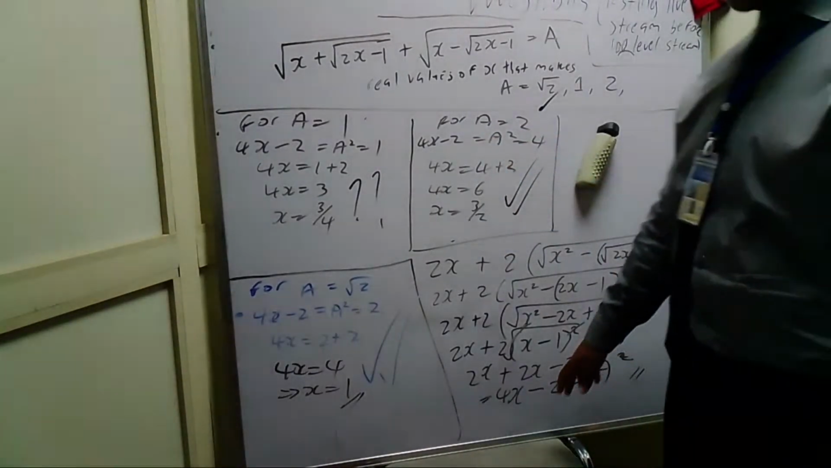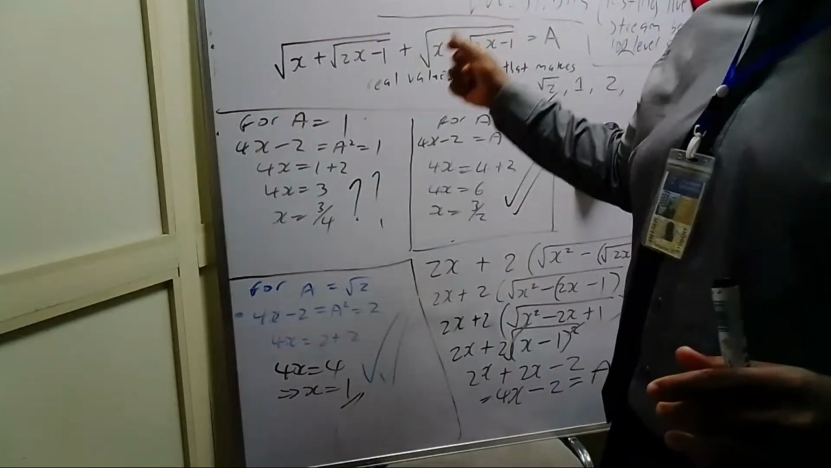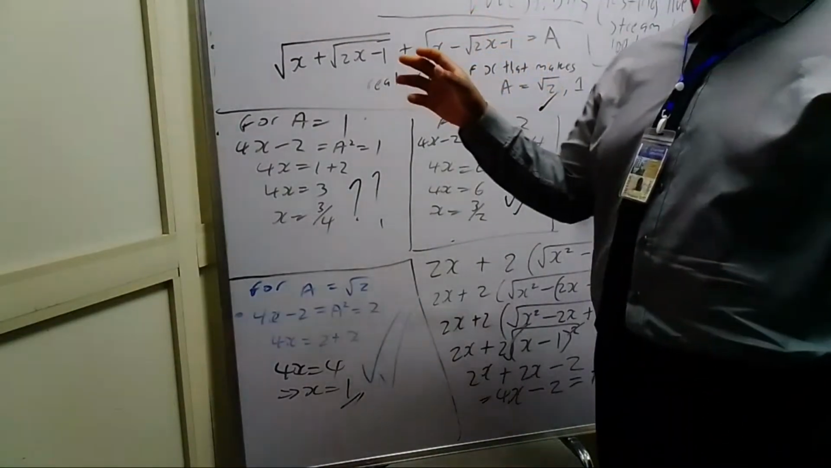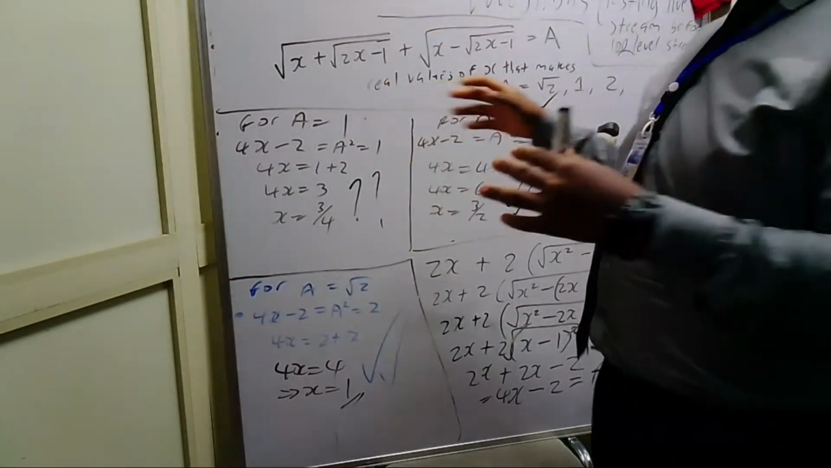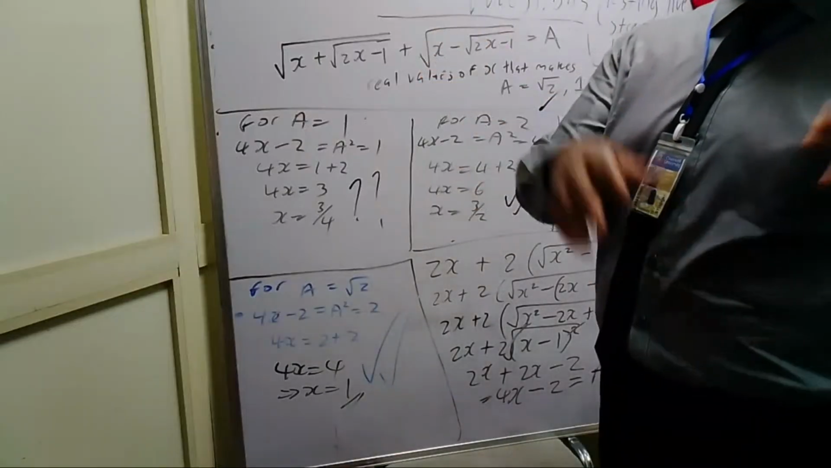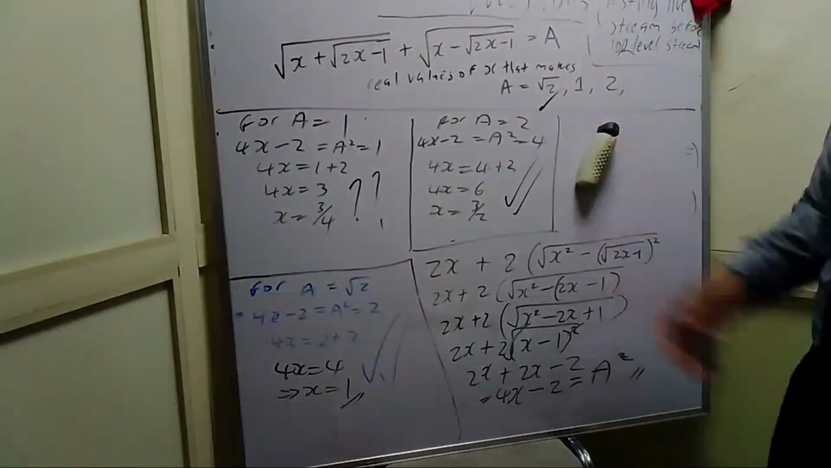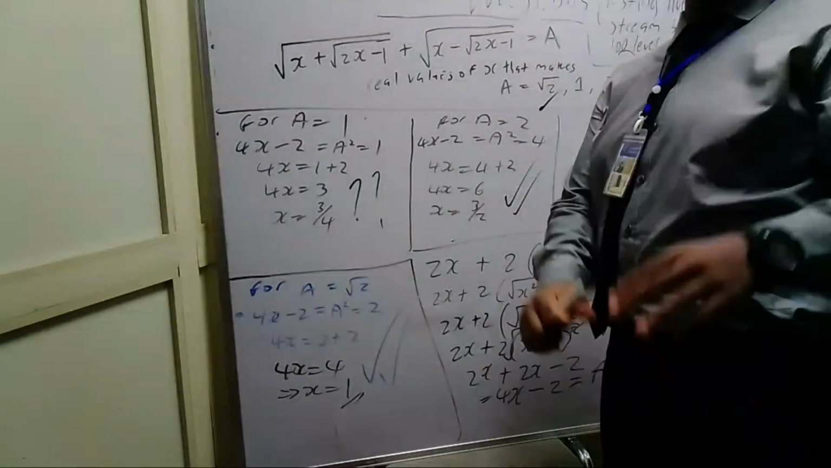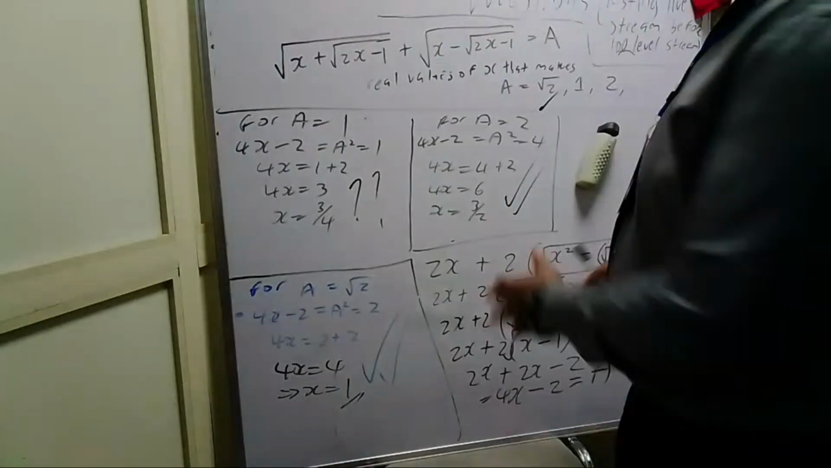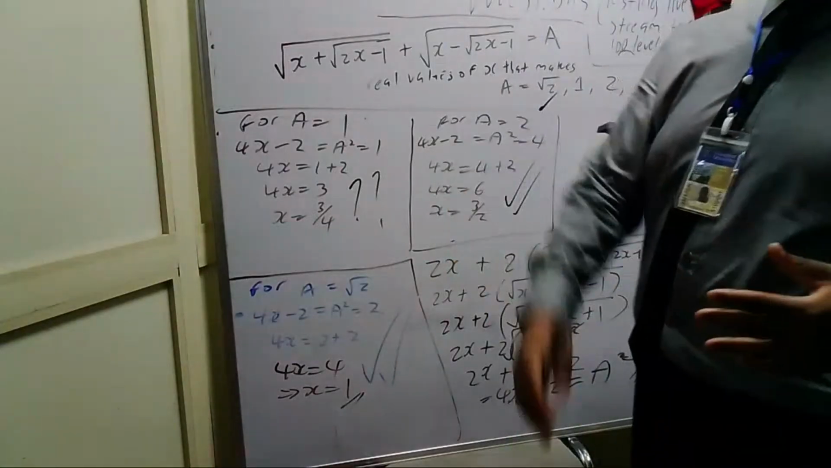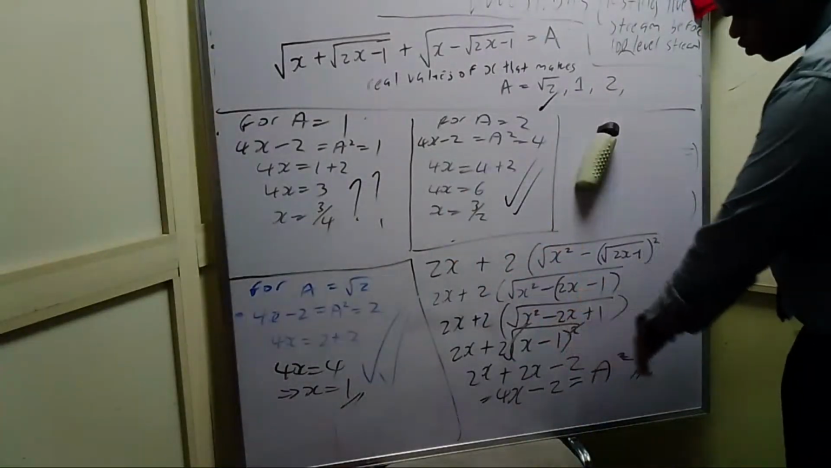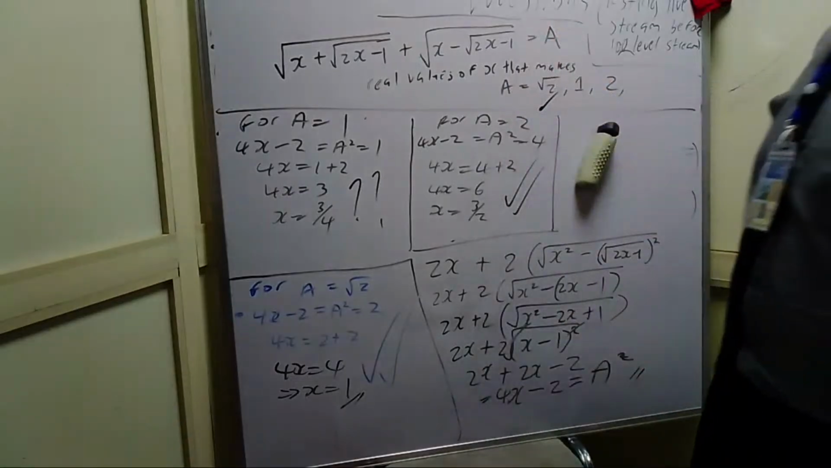I said that I'm not going to plug in a from the beginning, because if I plug in a, then for each of the values of a, I have to solve three times. Like I have to solve first for square root of 2, solve again for 1, and solve again for 2. I'm not going to go through that stress, instead I'm going to just solve in terms of a. So by the time I get this simplification, I'll just plug in a. So using that same expression, 4x minus 2 is equal to a squared, I put in a equals 1,